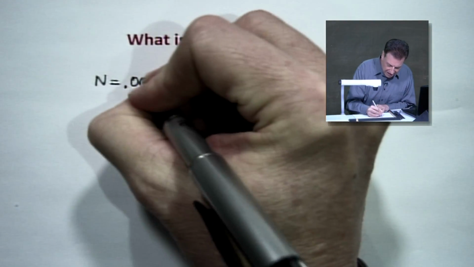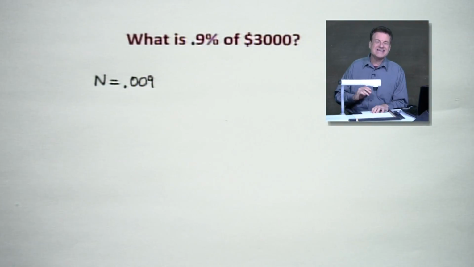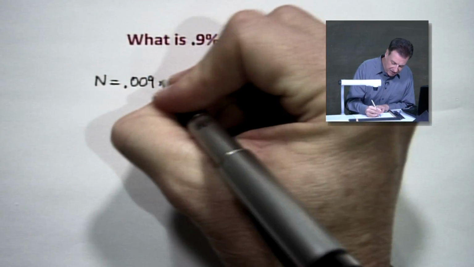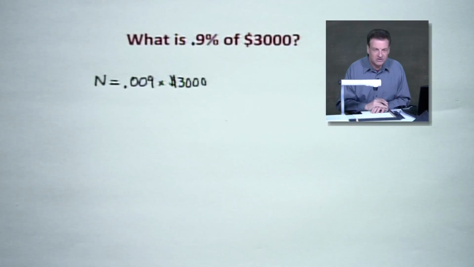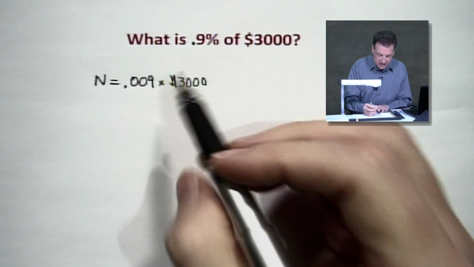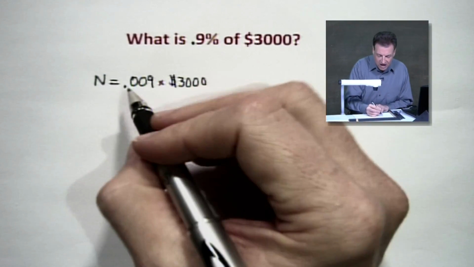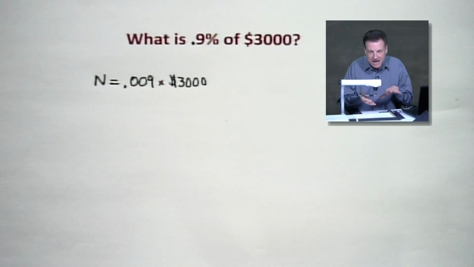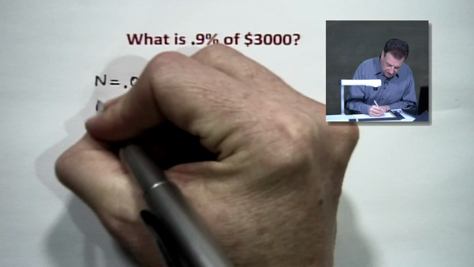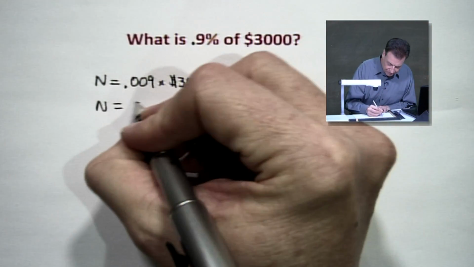It's going to be two decimal places, which means we create some zeros. So we got not 9/10 anymore, we got 9,000ths with a th on the end of it. And we're going to multiply that by the $3,000. Now, here's where we got to be careful. When you take 9 times 3,000, you get 27,000. But you know what? You've got 1, 2, 3, count them, 3 decimal places to pull things back in. So what's really going on here, you want to know what's really going on here? You're really going to end up with